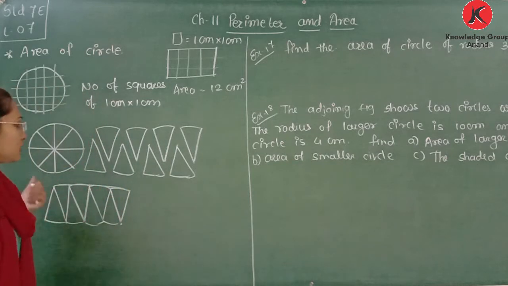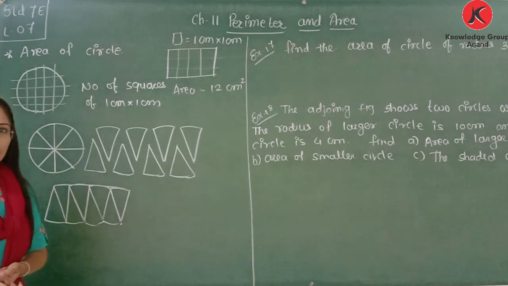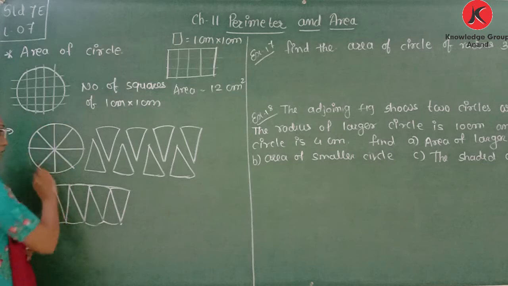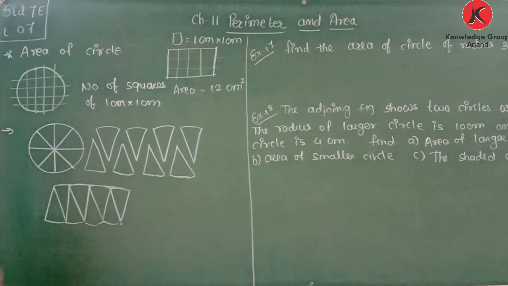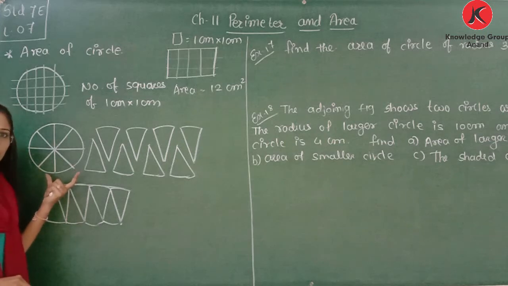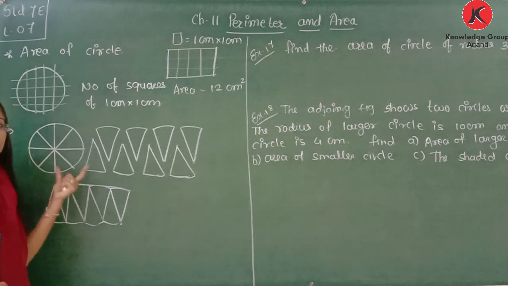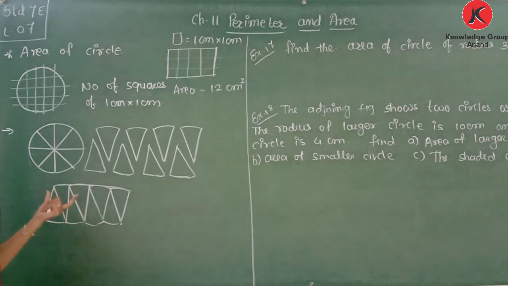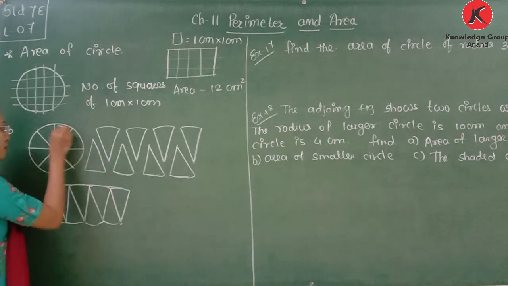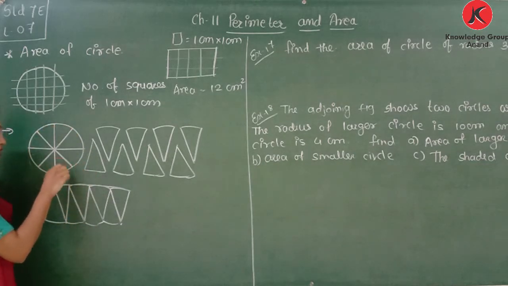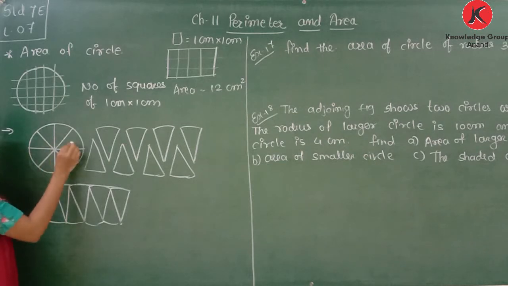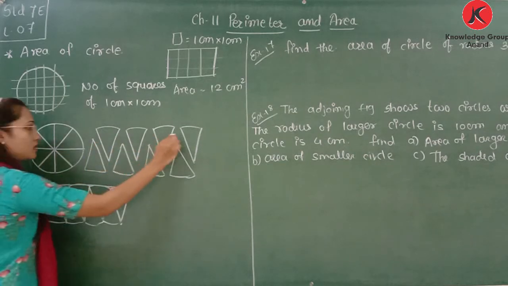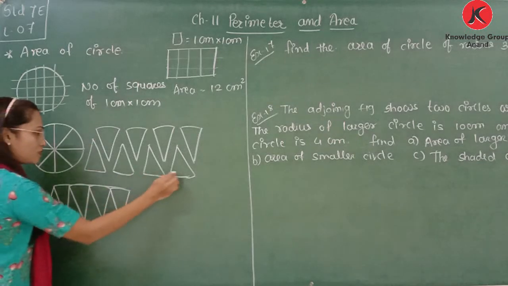So now we will get the equation to find the area of a circle. Let's take one circle and divide it into 8 equal parts. You can also take smaller parts: instead of 8 you can take 16 parts, or 32 parts. Here I am dividing this circle into 8 equal parts. Now these are the upper parts, so I place them here, and the lower parts I place here.